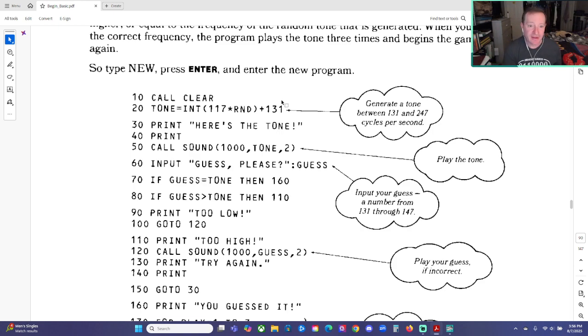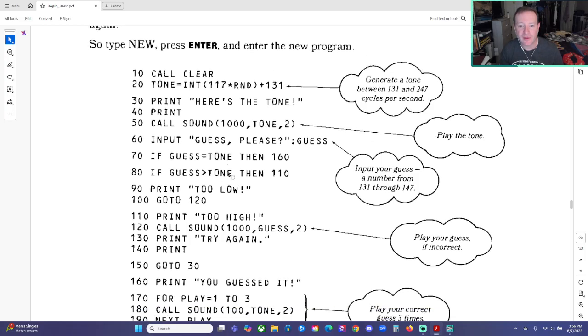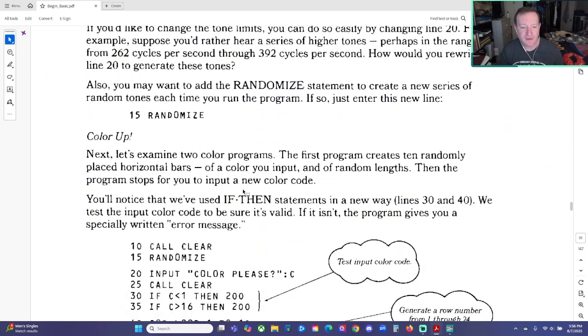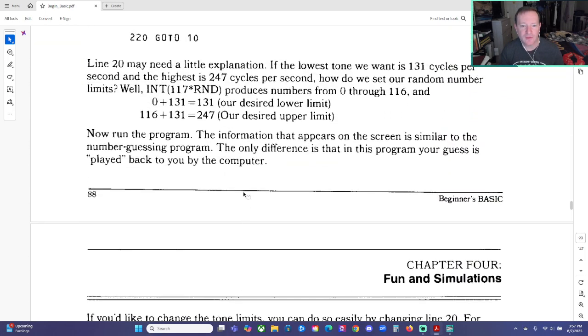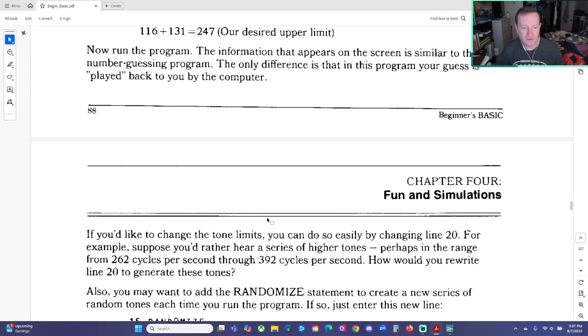So we need something like tone equals int of something times RND plus, we want our lower limit to be that addition. So the low limit is going to be what? 262. And we want our upper limit